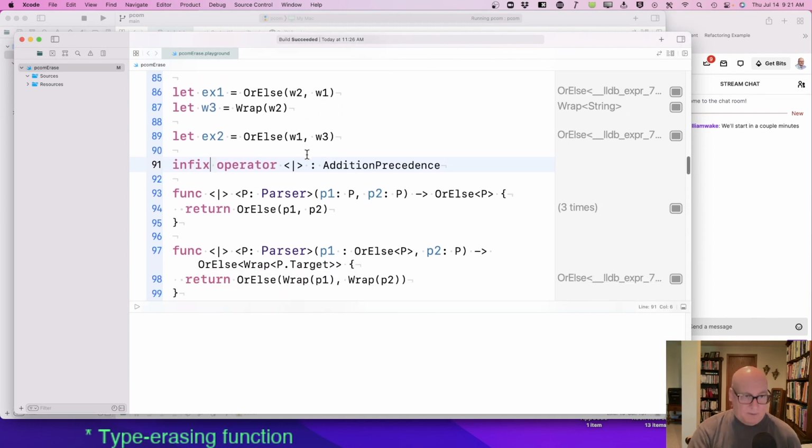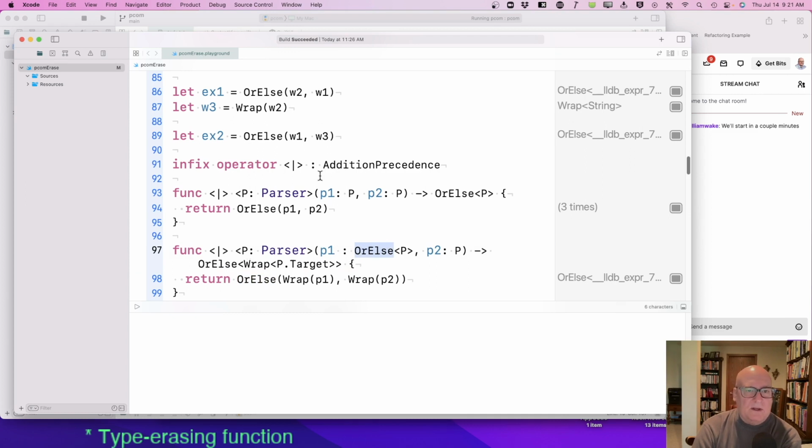Well, no, I guess I can't pull it down. So what my experiment was, I wanted to say, what if this operator did this for you, if you already had an OrElse? Oh, I can see why not.